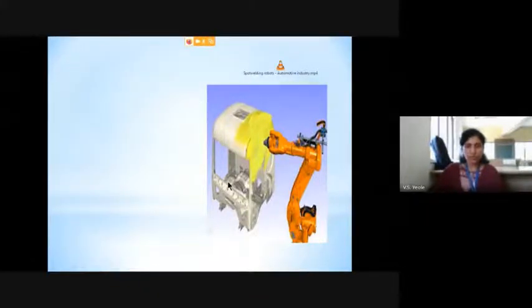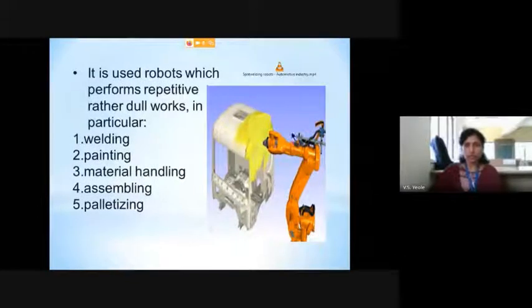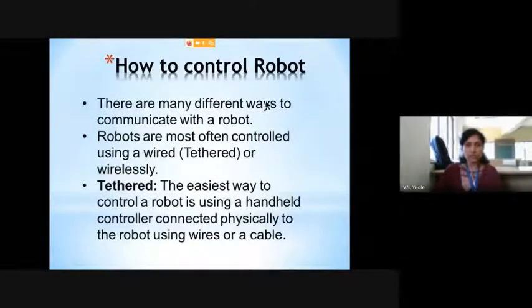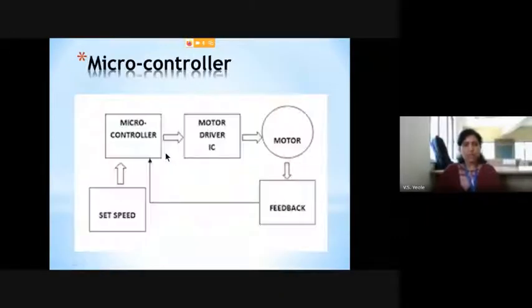So now in this video you have seen how the robots are controlled by using servo motors. Now how to control a robot? There should be a control system for controlling the particular robot. So for controlling the robot, there will be two types of network. First one is wired or wireless. So the easiest way is to use a wired network.